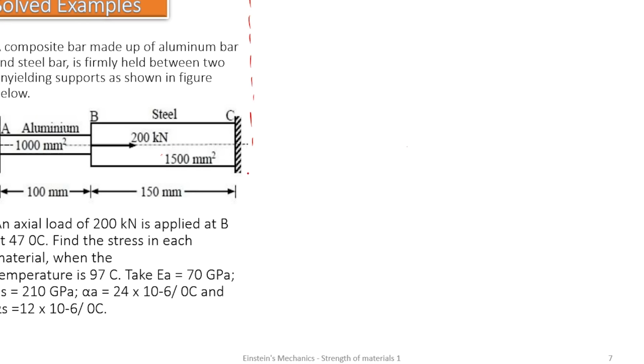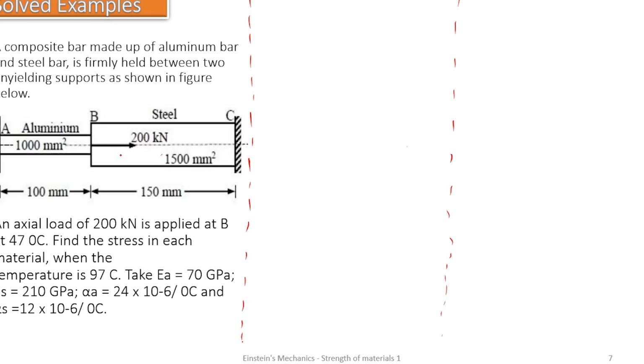Pay attention and get the understanding. Looking at this bar, it is fixed at a point and there is an action of a force acting. Look at, there's a 200 kilonewton force